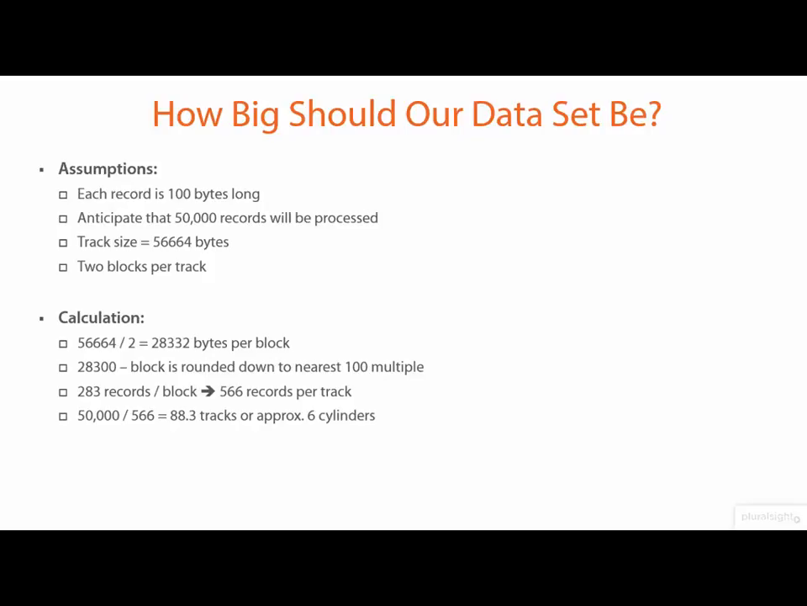So depending on how many records we anticipate our system will receive, we can estimate how large the dataset needs to be. For example, this might represent an input file received from another system, and the typical size may be 50,000 records per day. Note that we could reuse this file daily. From this, we could calculate the 50,000 records divided by 566 records per track, and we would require a data set then of 88.3 tracks. We could convert that to cylinders by dividing 88.3 by 15 tracks per cylinder and rounding up to 6 cylinders